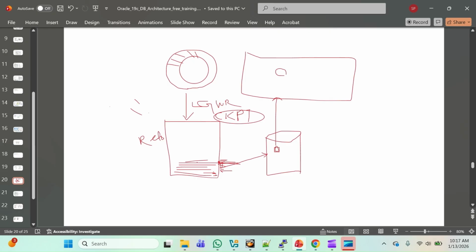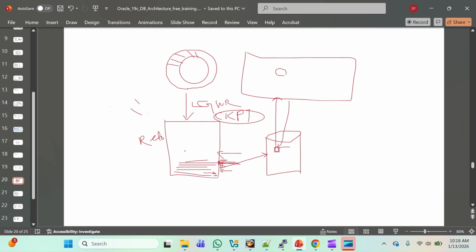And the data has been written to the data file. Then after a few seconds, it sees that it is out. It needs to sync a little more, so it will signal the DB writer. The DB writer will write from database buffer cache to the data file, and then it will move to the RBA here. So next time there's a crash,